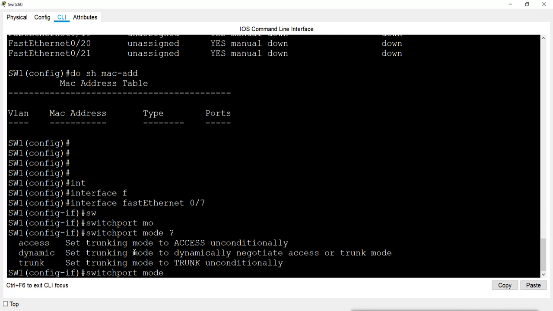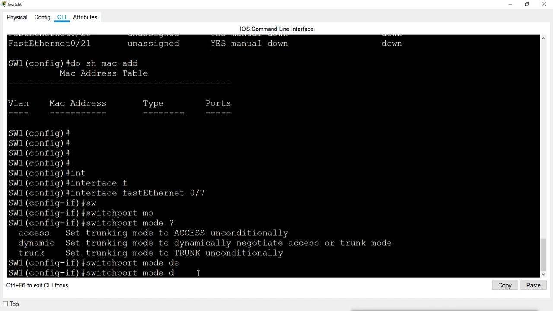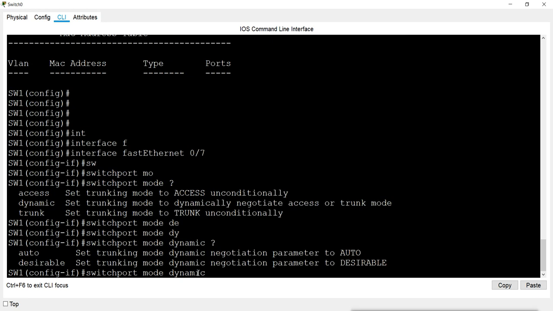That is why, when we make a port a member of a VLAN, we purposely change it to access. Why? Because by default it is in dynamic mode. In dynamic we have two modes, auto and desirable, and by default it is on desirable mode.